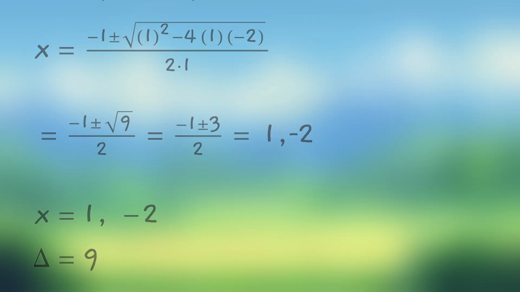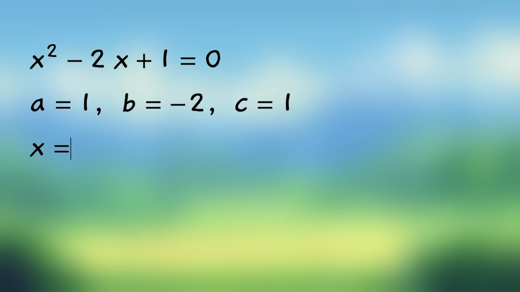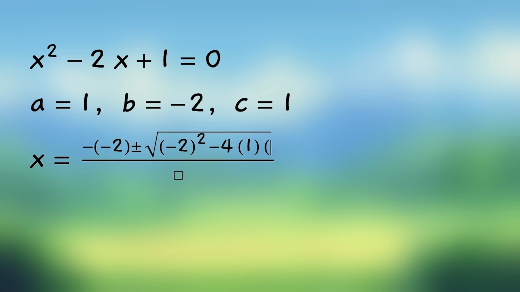Let's see another example. For this example, let's look at the equation x squared minus 2x plus 1 equals 0. We solve this again using the quadratic formula, but first let's write down a, b, and c. A is the coefficient of x squared, so a is 1. B is the coefficient of x, so that is negative 2. And c is the constant term, which is plus 1. Putting these 3 numbers into the quadratic formula gives us x is equal to the opposite of negative 2 plus or minus the square root of b squared minus 4ac, and that's all over 2 times a,